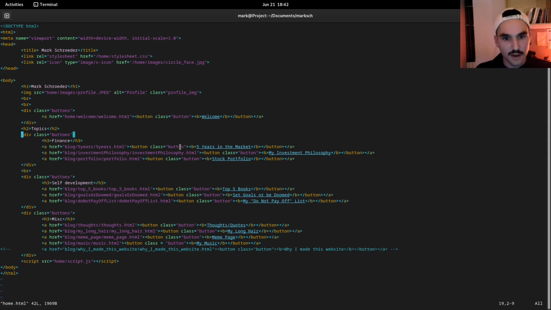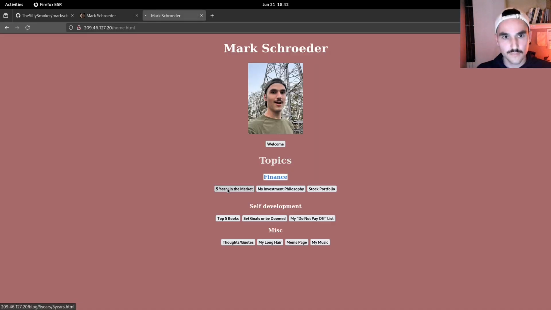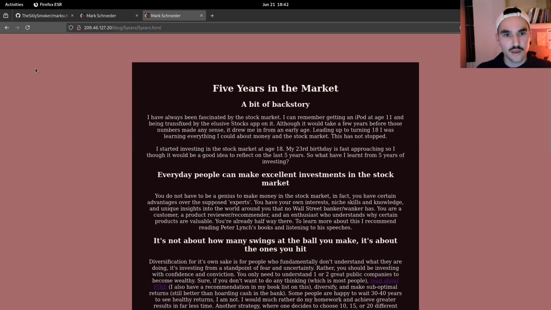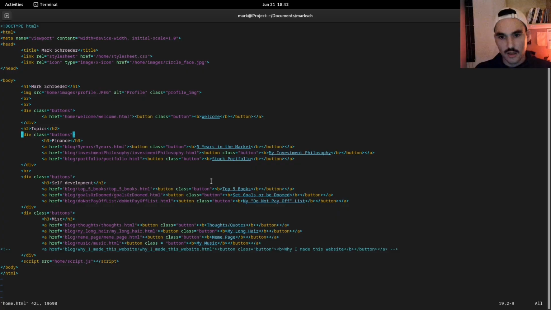And so each button, if I click on 5 years in the market, for example, this one here, it takes us to /blog, and then it will take us to 5 years, because remember, we have a folder for each article, and then the HTML file within there is then opened and represented like a web page. Sorry to bore those who already know how HTML works, but this is more of an exposure thing. So yeah, we can leave this